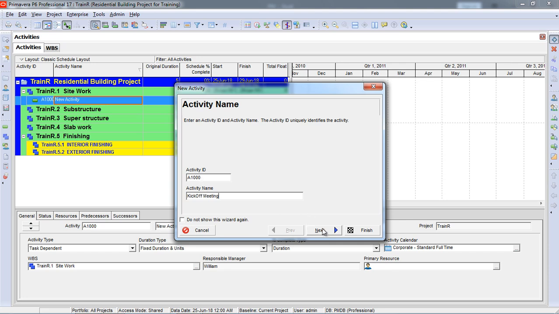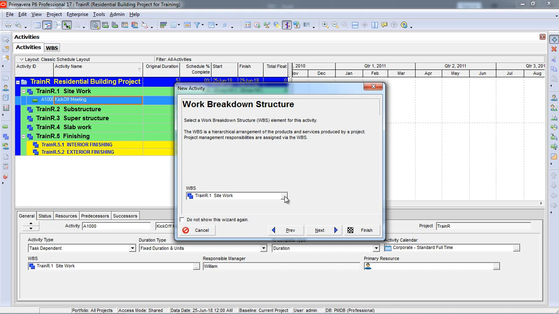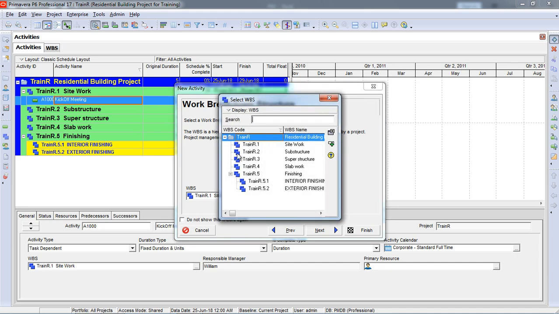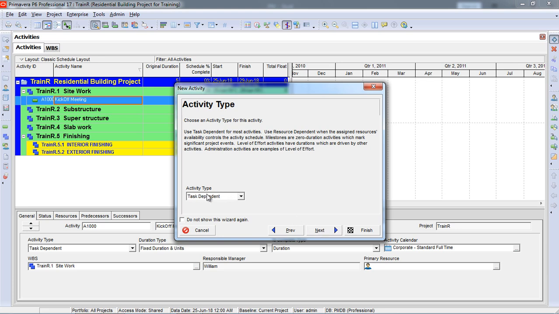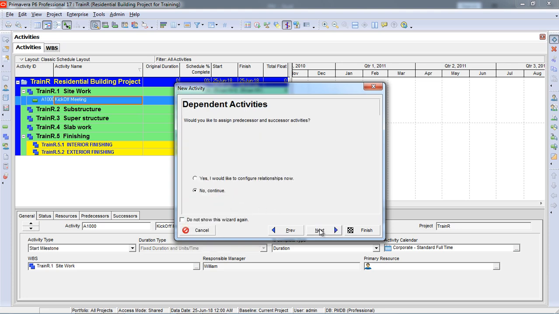So moving next. Here, under which WBS do I want to create the activity? Definitely I want to create the activity under the site work WBS, R.1 site work. I have clicked. Now I am moving next. Then the activity type. It is our kickoff meeting, so its type is start milestone. Here is start milestone. So I am moving next. At this time I am not defining any relationships, we will discuss that in the coming lectures. Next,